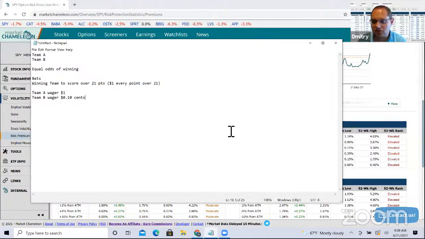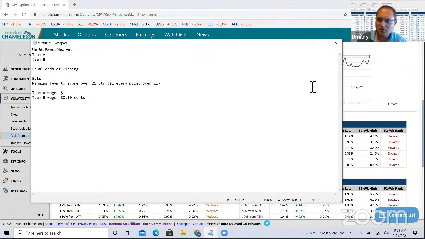Now we're going to take a look at how that sets up in SPY. I'm going to use SPY. I'm going to move on if there are no questions on this setup. Yep, you can move forward.